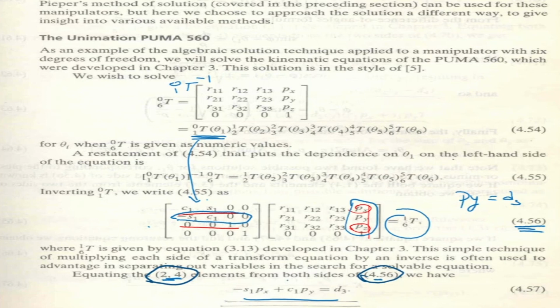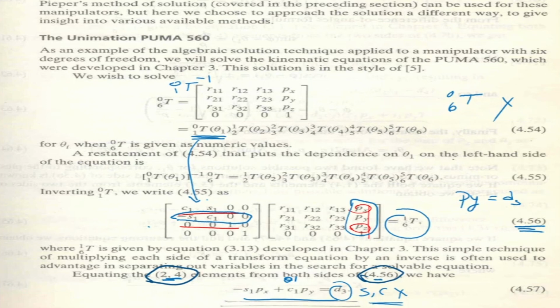So there is only one variable. Please note I get only theta 1 here, and here there is no sine and cos. So if you start the equation from here, only then is this system of equations solvable, otherwise it is not solvable. If I straight away multiply 0 to 6, you cannot solve this system of equations. So this is what we mean by solvability, and the procedure by which we can solve.